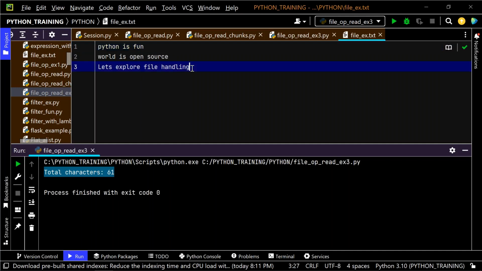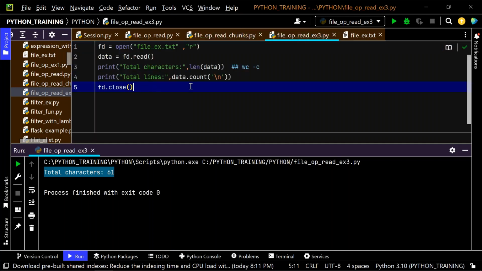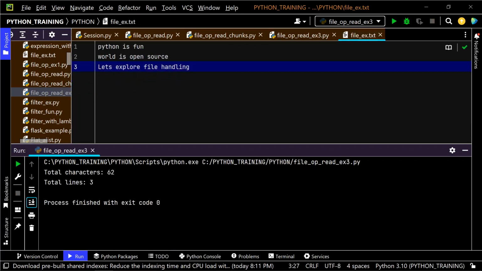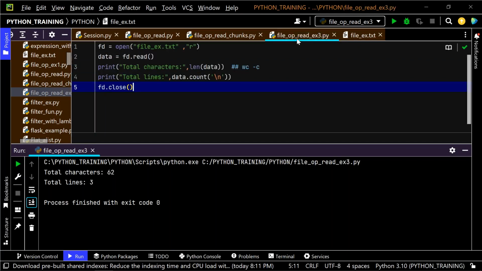So we are having 3 new lines over here. Now if I go here, give total number of lines. Let us say, how many number of lines are there? We're saying the number of lines is 3. I'm not removing the new line. In this case, it is going to give us